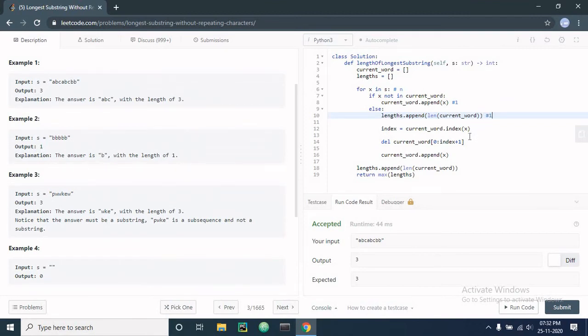Now here m is the length of the current word. For the worst case, it will be O of m, and here n is the length of s. And in this deleting, it will also take O of n. Here we are appending, again it is 1. Now for the max length, it is O of x, or it will be less compared to m and